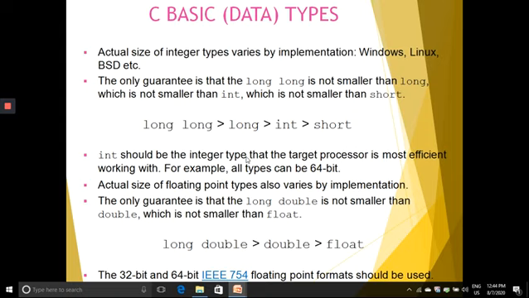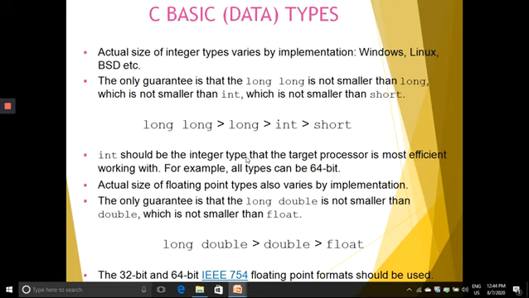So you can see the ascending order of the sizes of these data types: long is greater than int, and int is greater than short. So short is the smallest size among the integer data types, and int should be the integer type that the target processor is most efficient working with. For example, all types can be 64-bit.